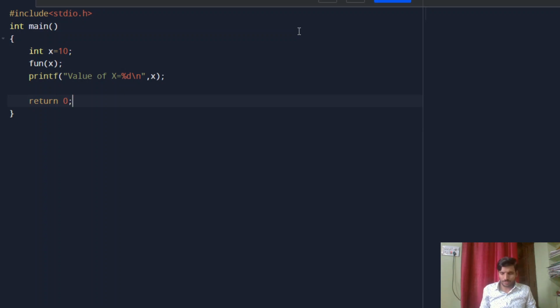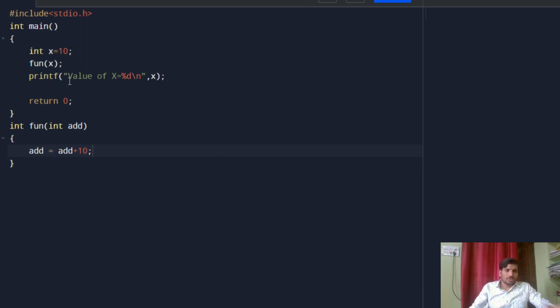Return 0. So now let me define the function fun, int add, add equal to add plus 10, right? So I am passing x to the function fun, and the present value of this add is 20